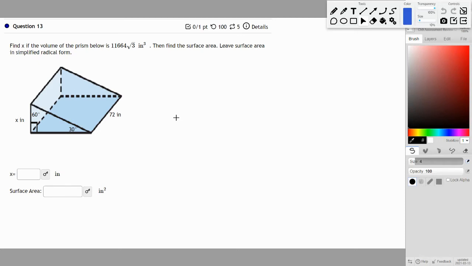So this is question 13 from the Chapter 9 review. I wasn't able to get to this in fourth hour, and specifically, some students have asked me to do this for second hour, so I wanted to go through this question with you together. To start off, this is a triangular prism. So remember, if it's a triangular prism,